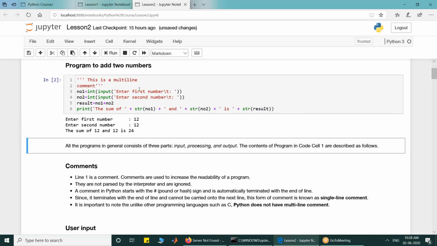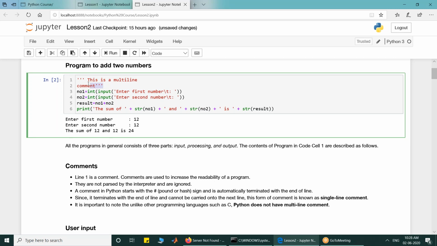look at the cell now, I have executed it, but the lines that I have written in line number 1 and 2 are not a multi-line comment. They are a string literal I have written, but since I have not assigned this string literal, I have not labeled it, this will be garbage collected. So although it serves the purpose of readability, technically it is not a multi-line comment. It is a string literal.